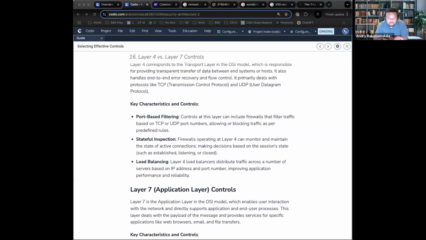And then there's stateful firewalls. So like we mentioned before, that means that they track the connected states to allow or block traffic. That's all it means. And then load balancing. Specifically, this is layer 4 load balancing. As a reminder, load balancers are a device that allows you to route traffic in a way that is secure and in a way that doesn't overload one specific system. So it distributes traffic evenly.